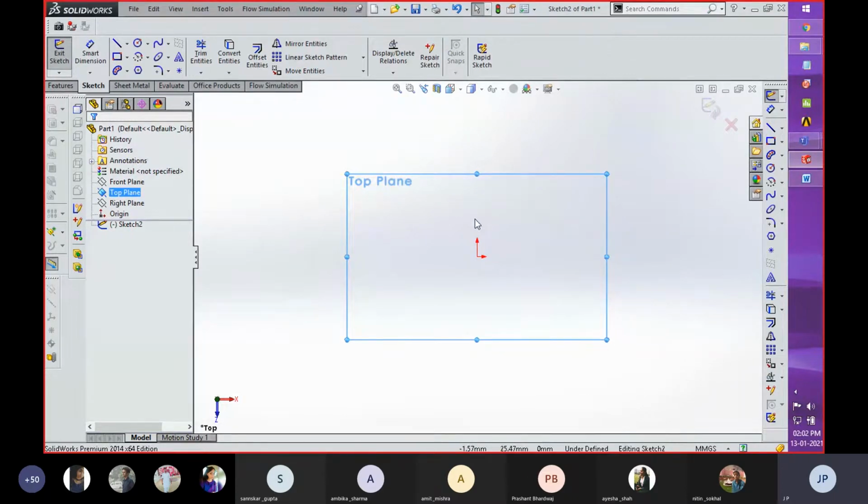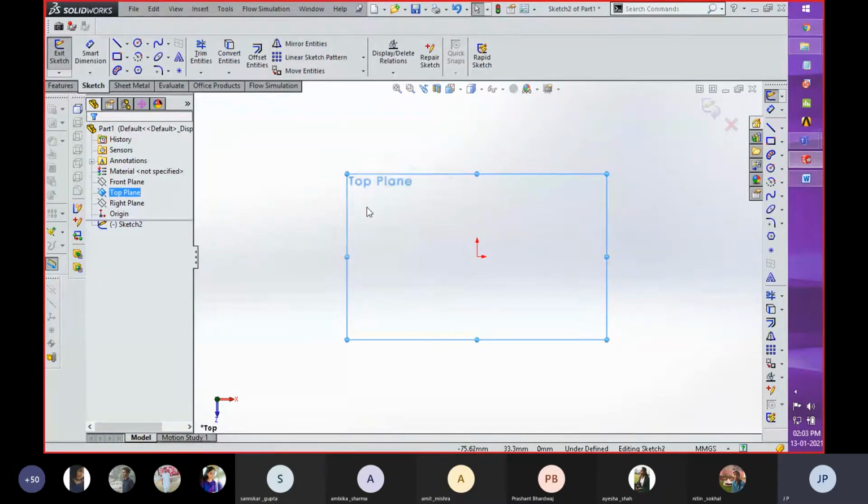Or another way for selecting these tools is with the help of mouse gesture, by clicking your right click and then move your mouse at any direction, then you can see over here that different tools which are available with the help of this gesture are shown. So these are the different tool shortcuts with the help of which you can select any toolbar.